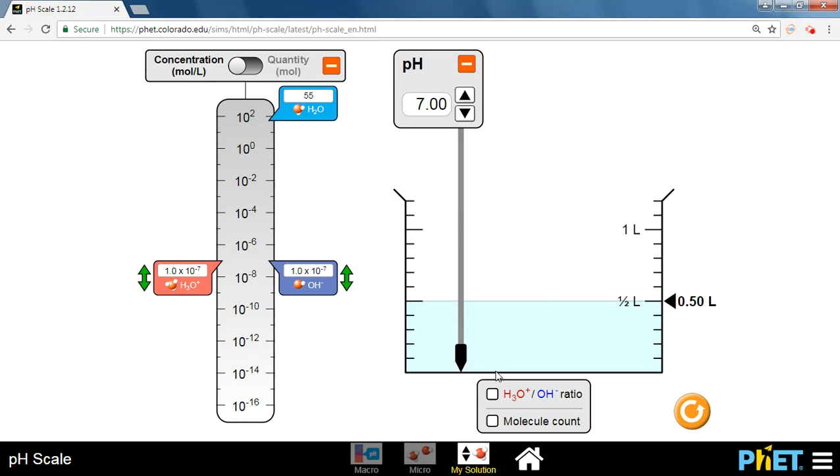Now there's a few things you can look at. We're going to tick this so you can get a visual picture of the hydronium and hydroxide ions. And the first thing I want you to look at is the relationship between these two and the equilibrium constant